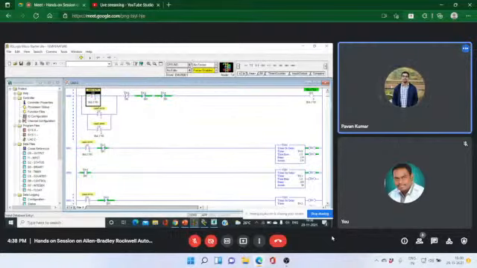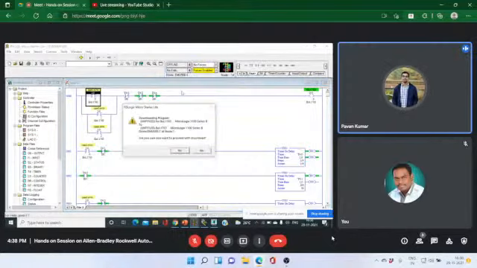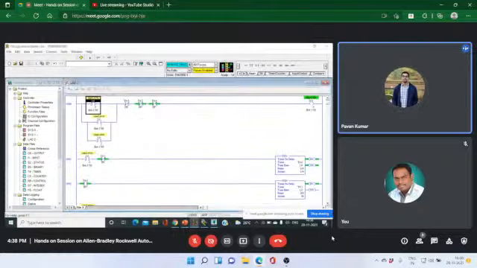Let us verify for errors. No errors found. Go to download, click on yes, go online and run the program. Here normally closed switches are normally closed because their usual application is that they flow the current in the previous state. When we toggle this, it stops the current.